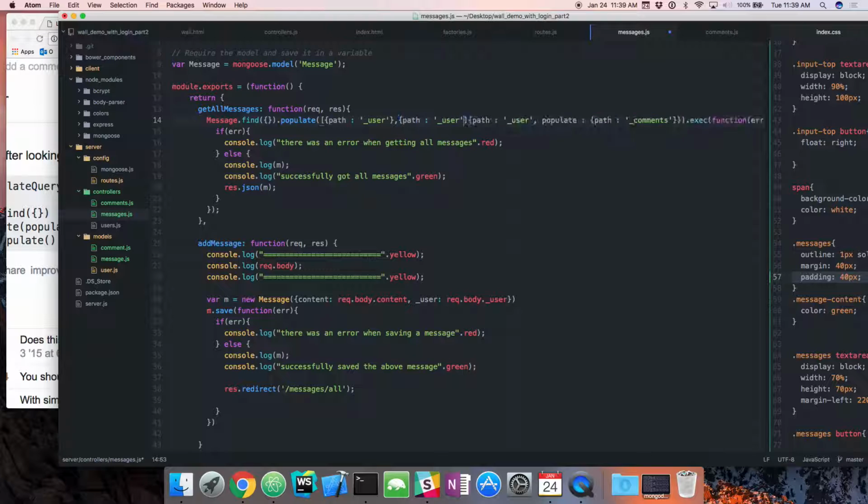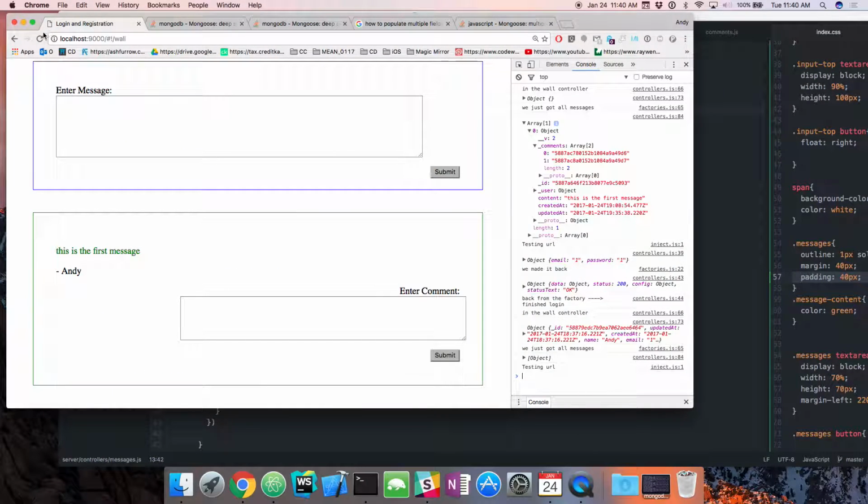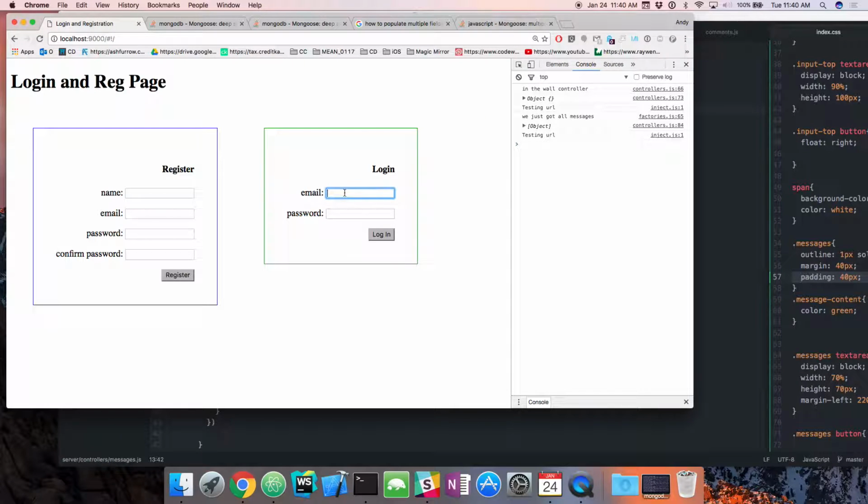And then we're going to have another one. So we get rid of this. And in the populate, we're going to have the array path underscore user and then path underscore comments. Like that. Okay? So now, if we run this,